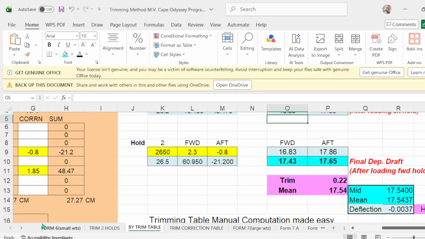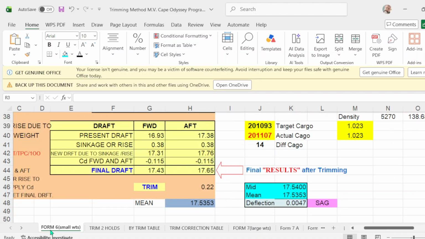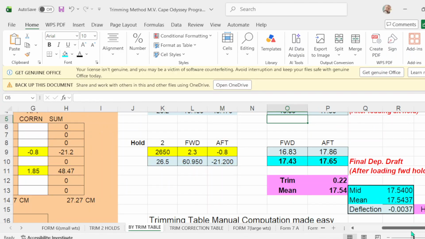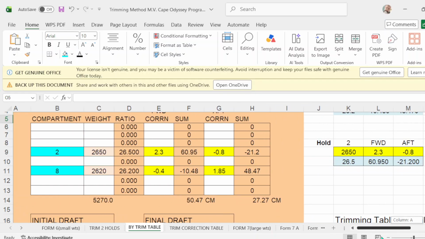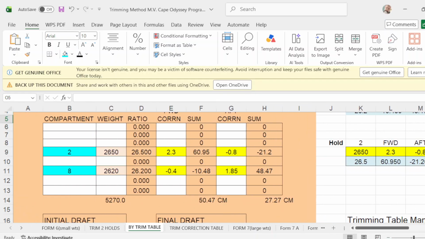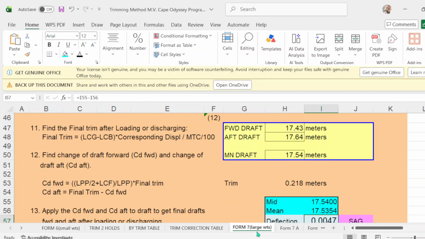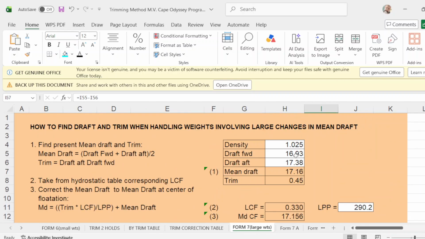So you have program number 6, your first program, trim 2 holds, second program, and your trim table, your third program. Okay? So you have 3 programs to back you up. Then we have another one, the fourth program, which is form number 7, which is how to find draft and trim when handling weights involving large changes in mean draft.